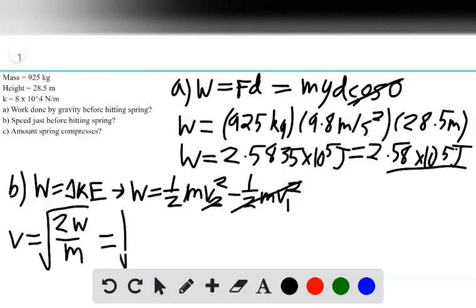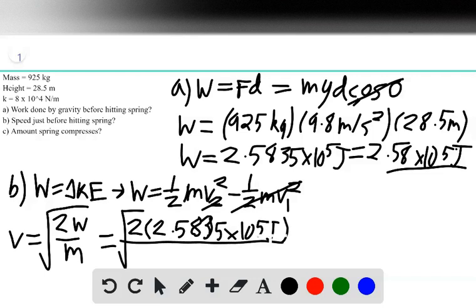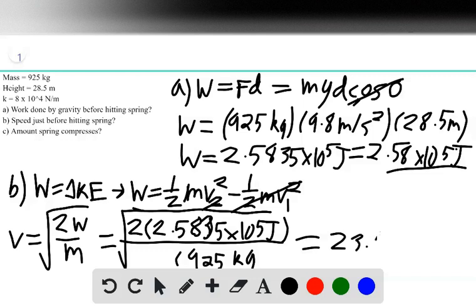Plug in numbers, square root 2 times 2.5835, that's a 3, times 10 to the 5th joules, all over 925 kilograms. Plug all of that into your calculator and you get 23.6 meters per second. All right, so the last part of this question asks us to find the amount that